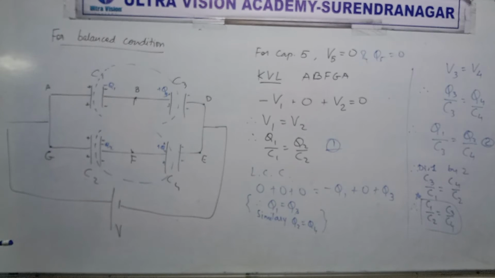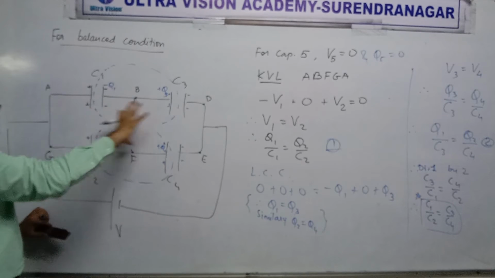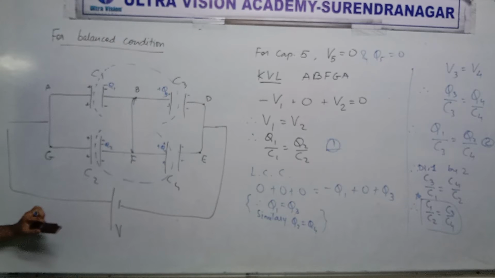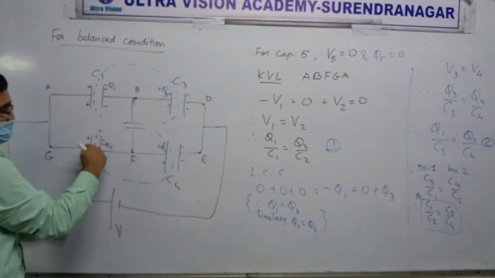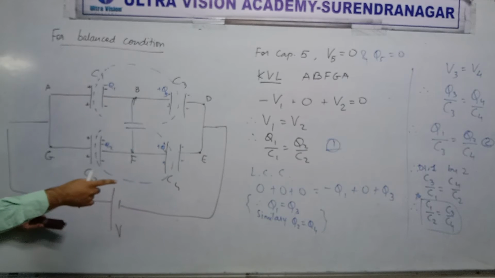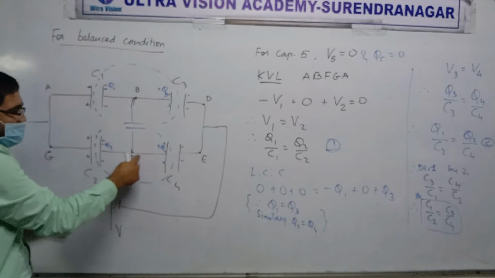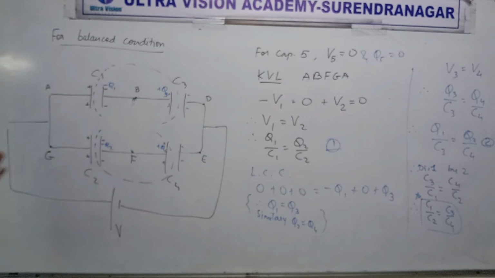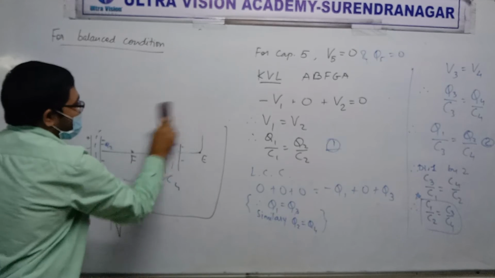So Wheatstone bridge. How do you identify a bridge? Let's go through it again. If there are two branches and there is a cross connection between the branches, then it's called Wheatstone bridge. Clear? Okay, when it's a balanced Wheatstone bridge, we have this condition that this upon this will be equal to this upon this. Clear? Okay, and that means you can remove the wire at the center. Even if you remove it, it makes absolutely no difference. Got it? Yes.